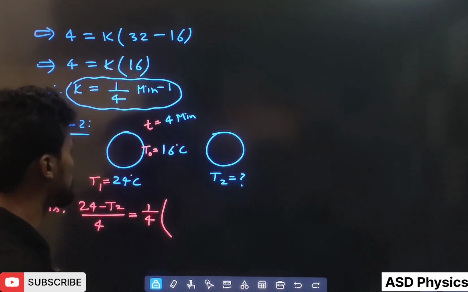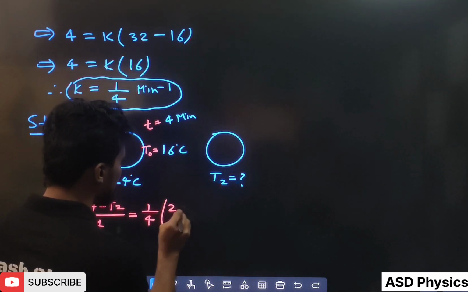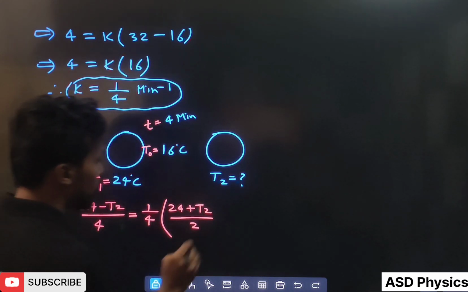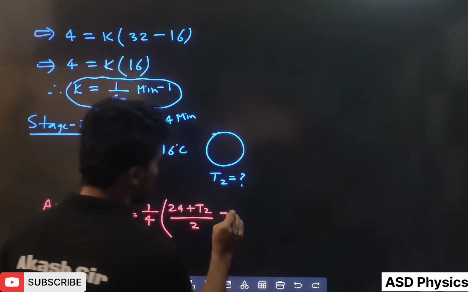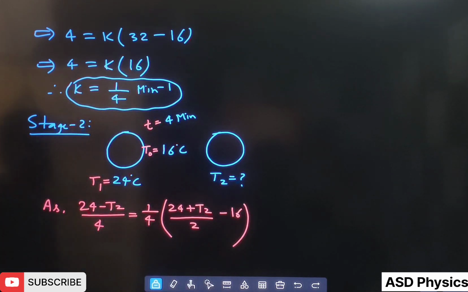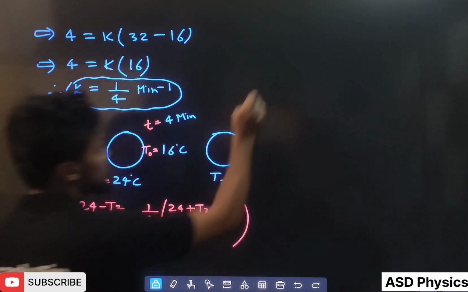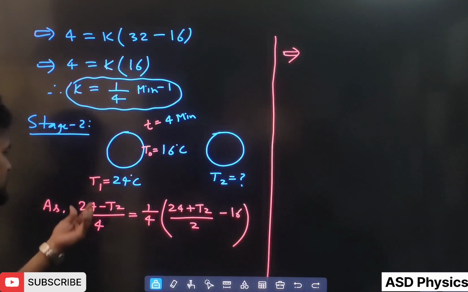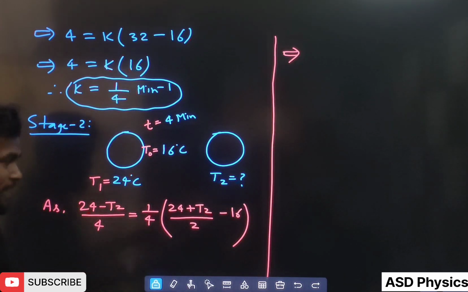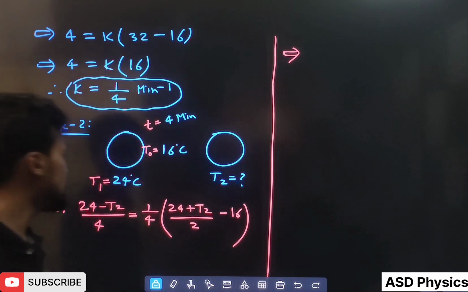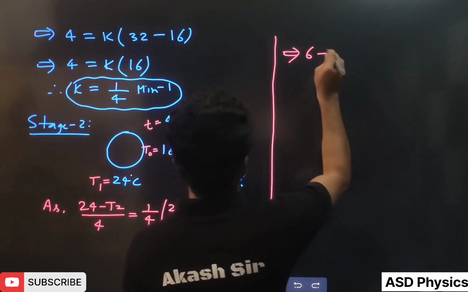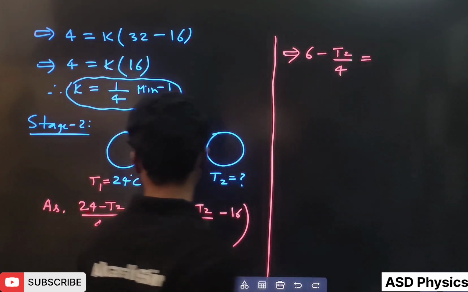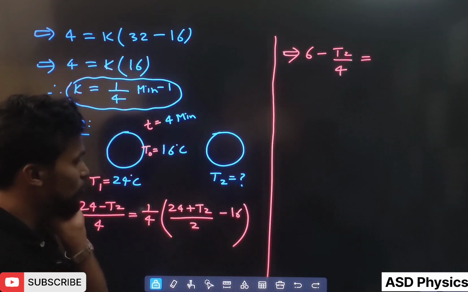Okay, and after that we can write T1 plus T2 by 2, that means 24 plus T2 by 2, minus T0. T0 value again is 16, is it? So see this formula, very easy. Then if I simplify this, 24 by 4, we'll just make it part. So 24 by 4 is 6. So 6 minus T2 by 4 is equal to 1 by 4, which I have to send outside,